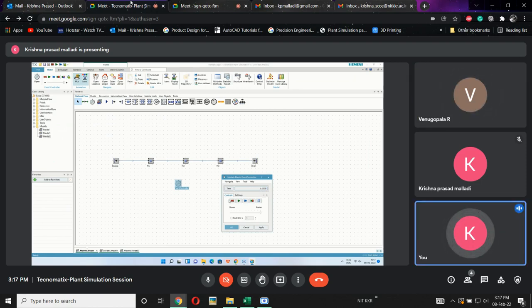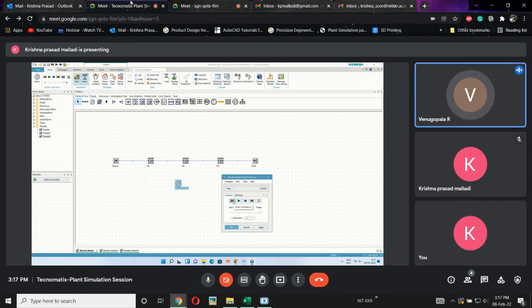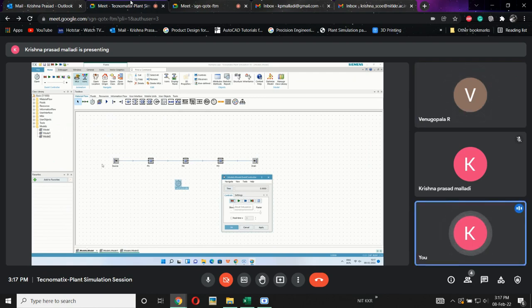And there is a control tab here. There is a reset simulation, a start stop simulation, and a fast forward. Generally the first two will be used. For starting a simulation we need to reset it, which means every time we need to do a reset. Once the model is finalized, we open this event controller and reset it first, which means it will start from the beginning. After resetting, we start the simulation by using the start stop button.